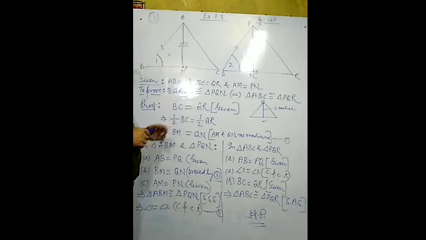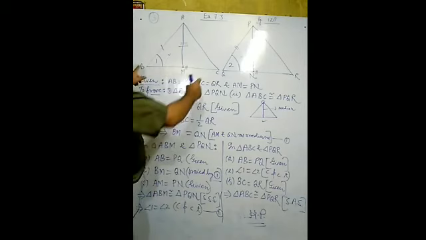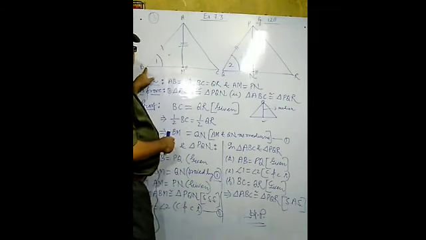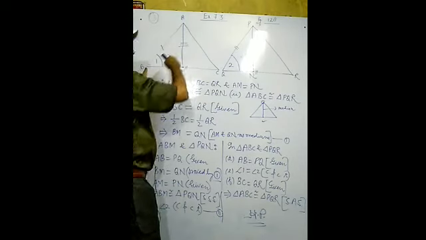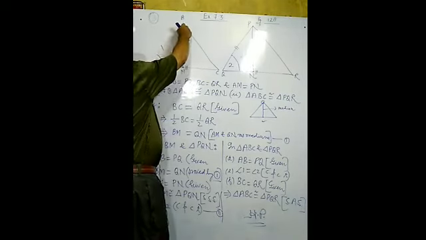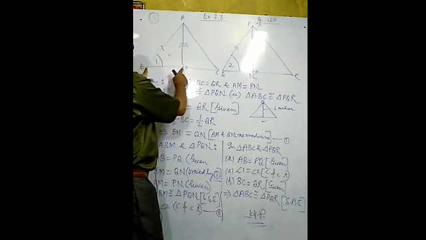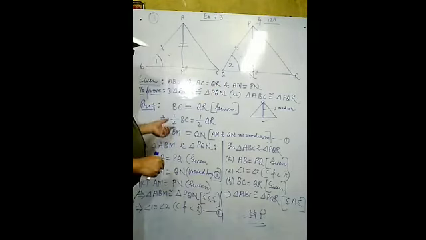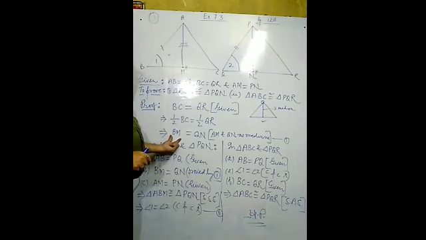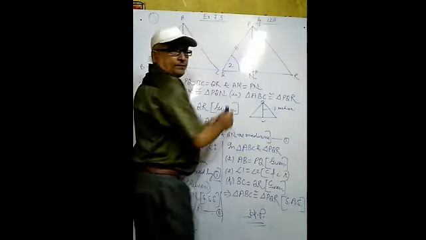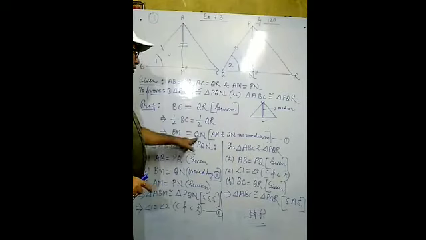Using this property, we can say that half BC equals half QR, and half BC can be noted down as BM because M is the midpoint of BC. How do you know this? Because AM is a median, and a median joins the vertex to the midpoint of the opposite side. So M is the midpoint of BC, and in place of half of BC we note down BM. In place of half of QR, we note down QN. So half of QR equals QN.